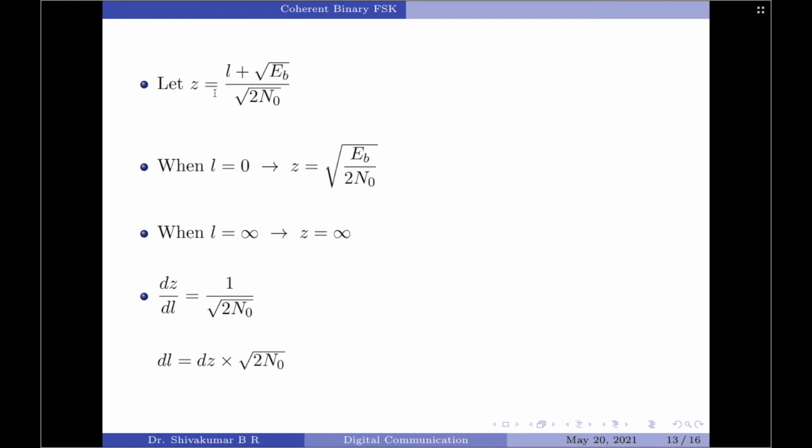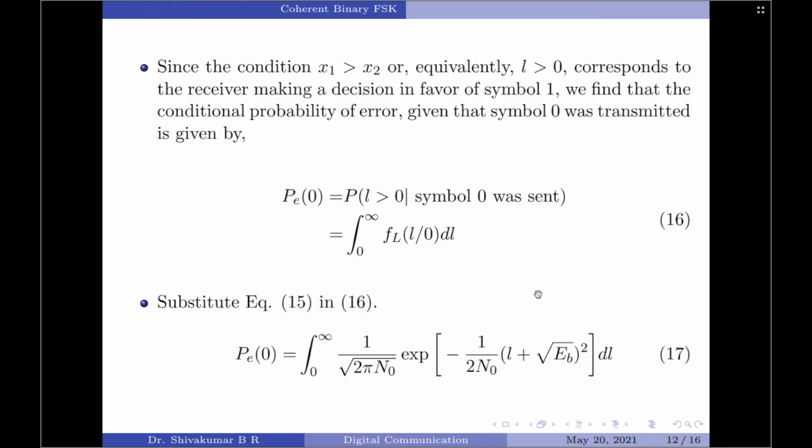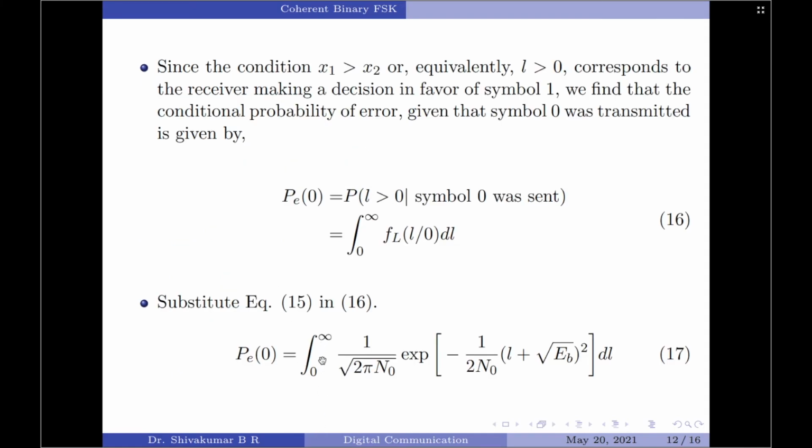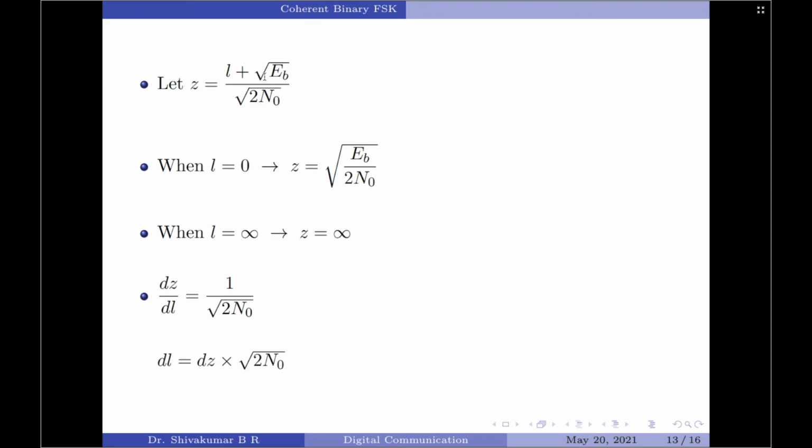So, Z is equal to L plus root EB divided by square root of N naught. Please note, I am taking the square root of the contents of the exponential function except for the negative symbol. So, now that I have changed the variable from L to Z, I need to find the new limits of integration. In order to get them, I will substitute the old limits of integration into this equation, which for